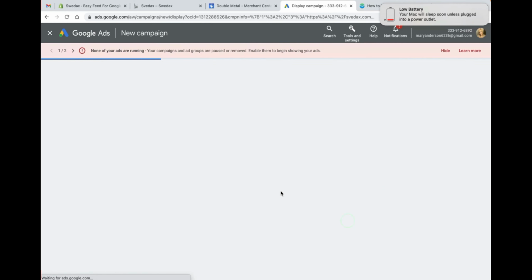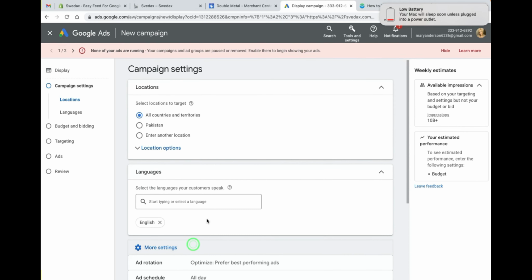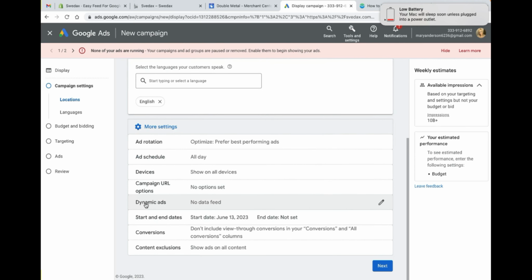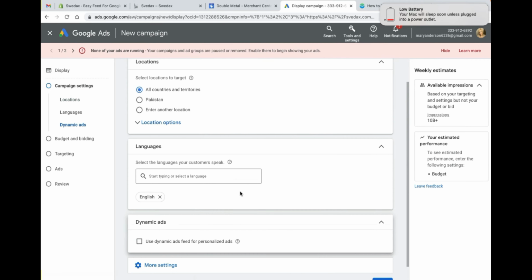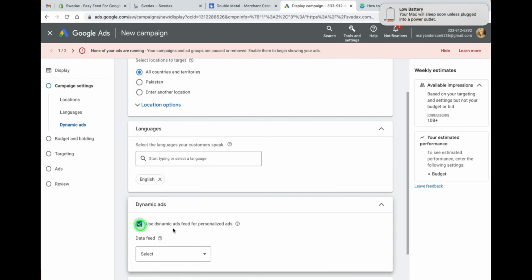Next you have to select the location and the language. Down there you will see the option of dynamic remarketing. Click on it, enable the option and select the feed. Now we have to select the feed. Now I will apply filter. After applying filter, it will show both label and grouping. So the label and grouping is basically